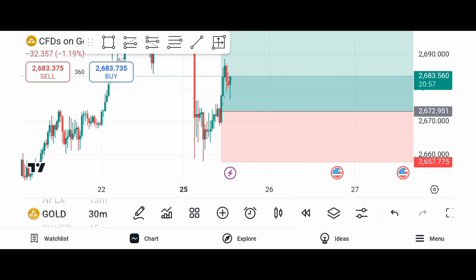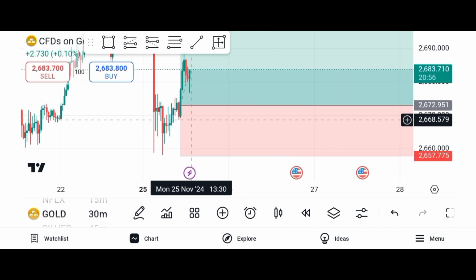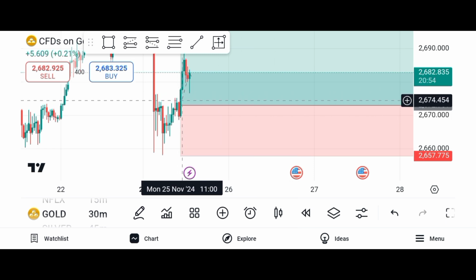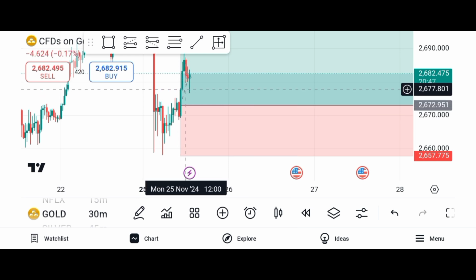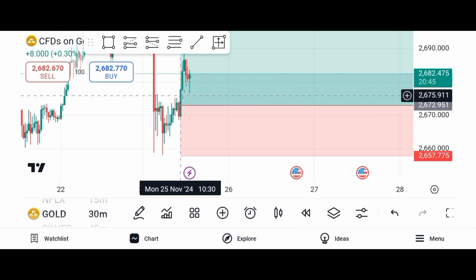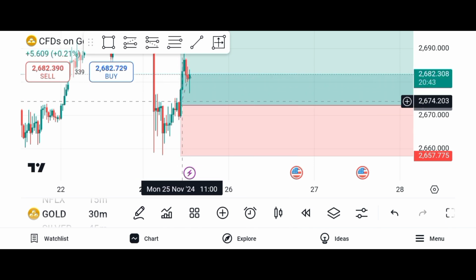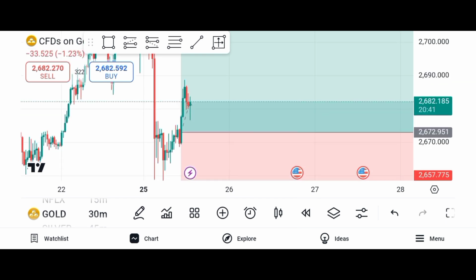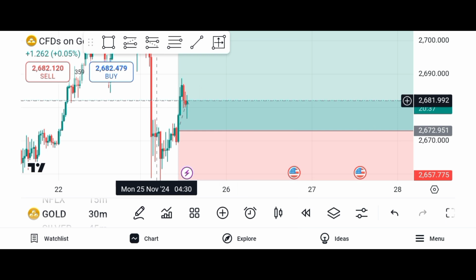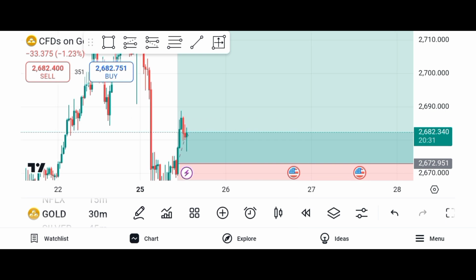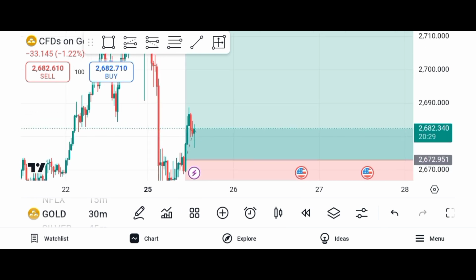Now, if you look at this candle right here, this green candle, you can notice that the next candle is not up to the 50% mark around it. So this is basically a fair value gap. You can see right here that this red candle also has no candle which is up to half of it. So this is basically a fair value gap, which is